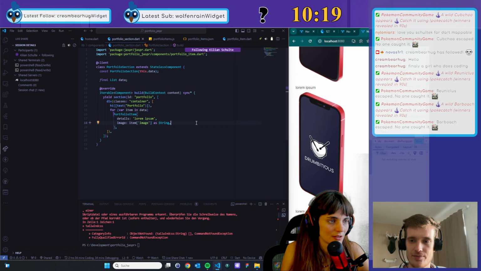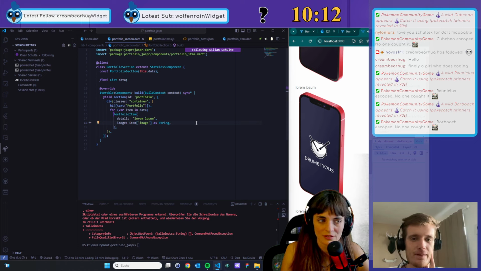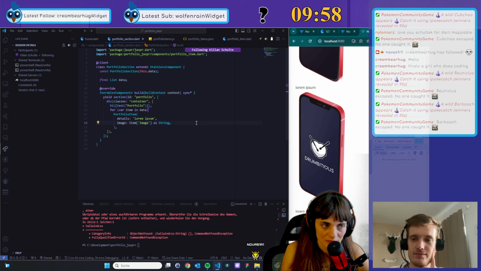Now, the cool thing, if you didn't pay attention, we did just pass data from the server to the client, if you noticed. Because we loaded that data, the JSON file, on the server, and now we have it available on the client just by passing it as parameters to a client component. Yeah.